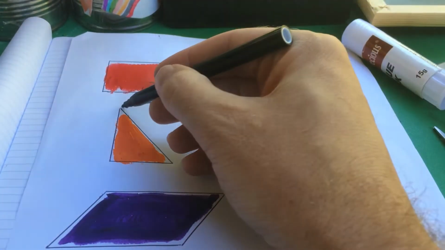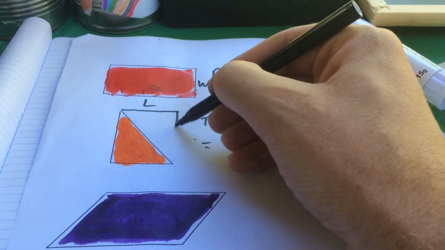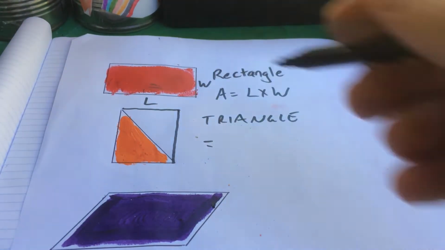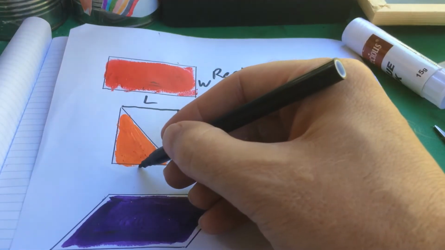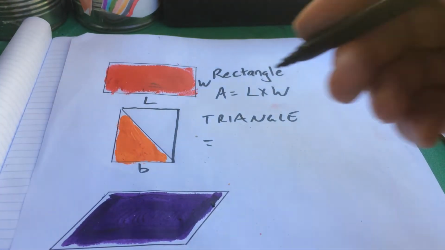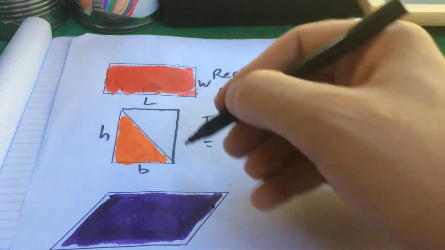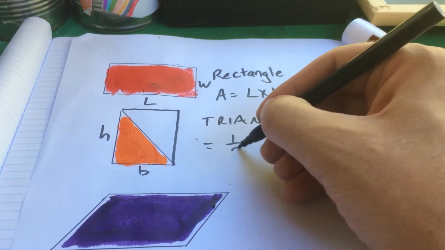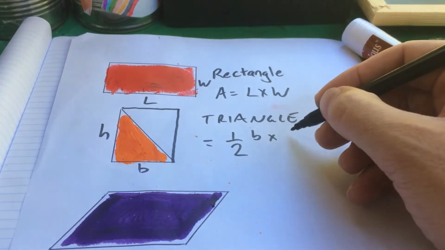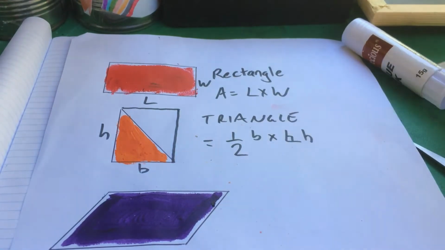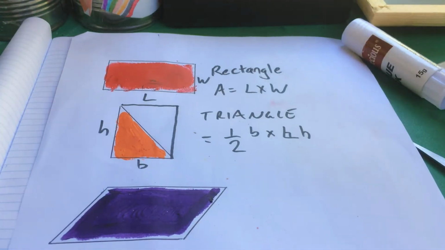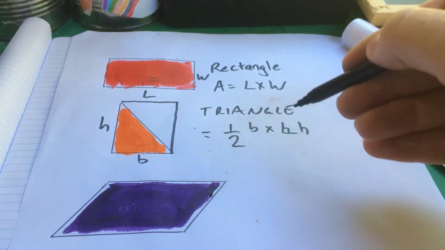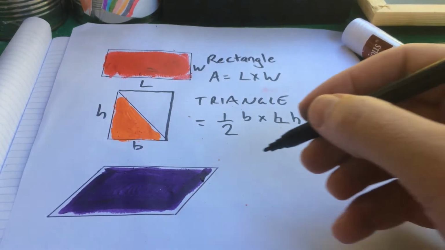if you imagine drawing a rectangle around that, what we've done is we've cut it in half. So if this is the base, or in a rectangle the width, and if this is the height, or in a rectangle the length, I've now got half the base times the perpendicular height. Okay, I've used a right angle triangle to demonstrate, but it would work with any triangle. Half the base times the perpendicular height. Now we're going to look at a